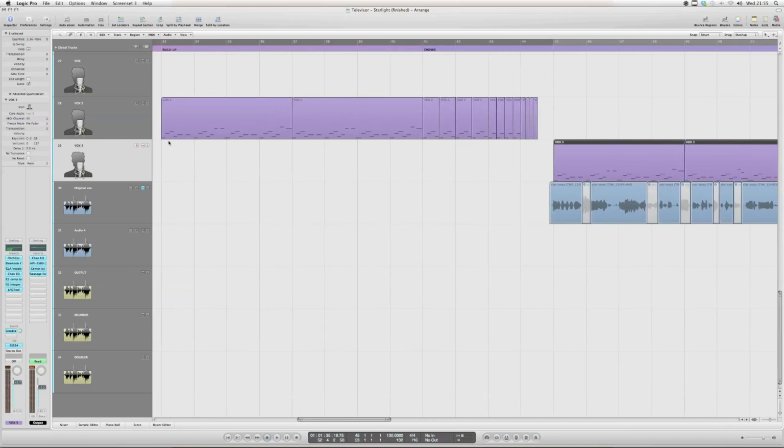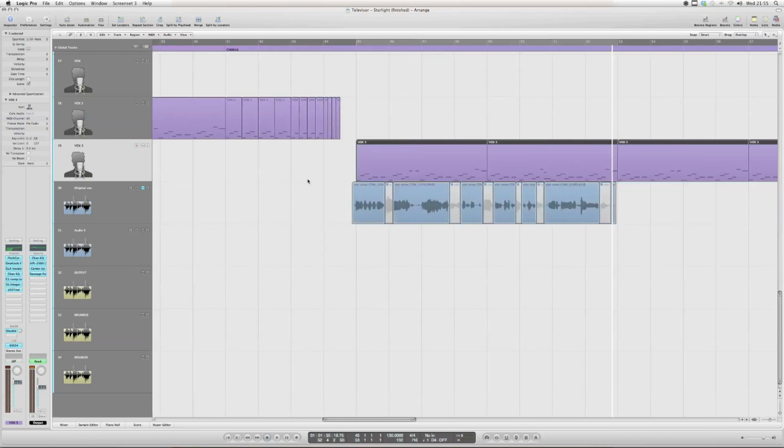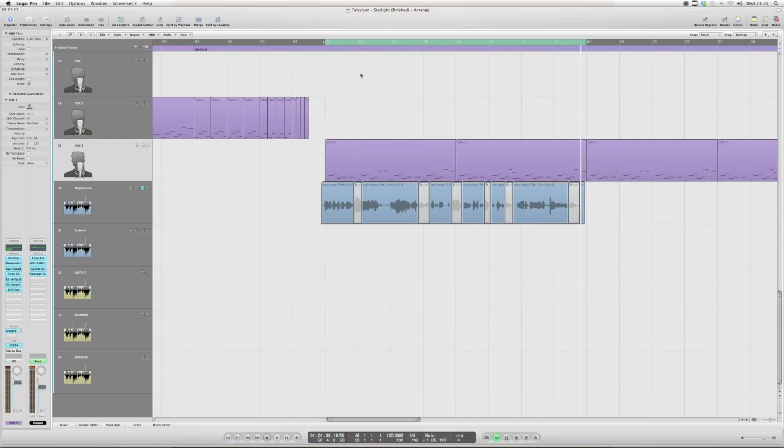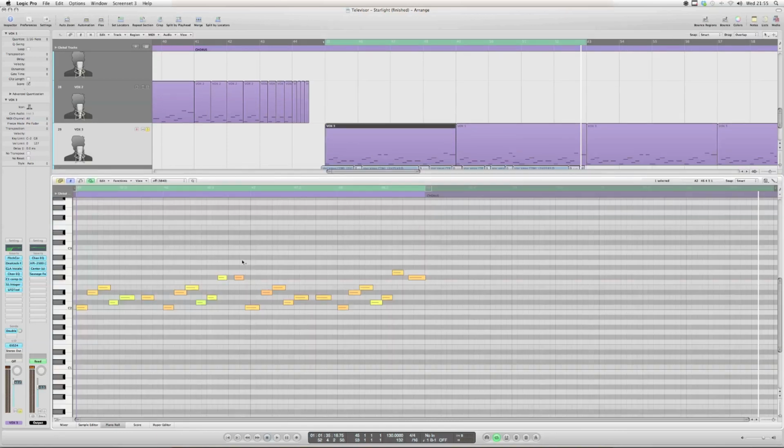Now we used two. We used one for the verses and one for the choruses. So I'm going to show you the chorus one. I'm going to solo it, and I'm going to show you the MIDI information, so you can get a sense as to how we actually composed the vocal melody. So if I click on these MIDI notes here,